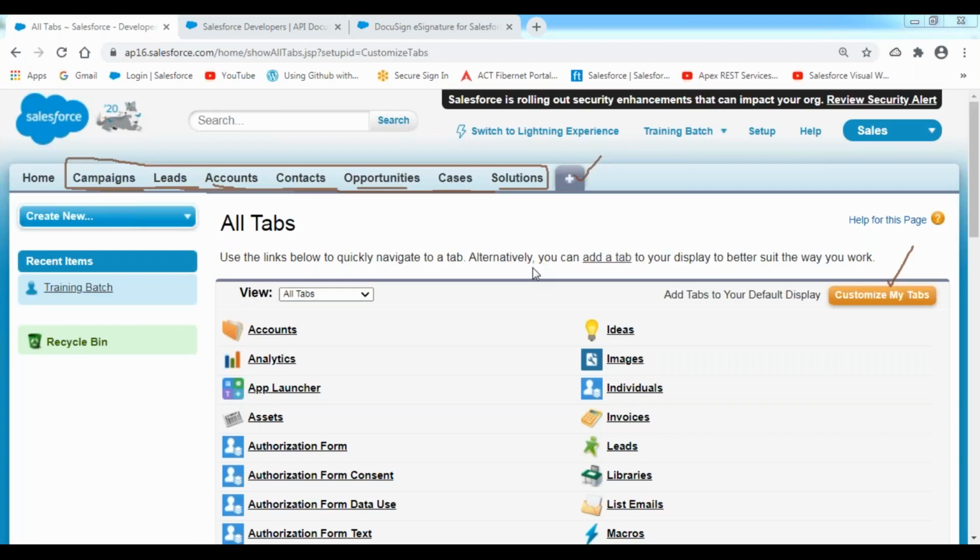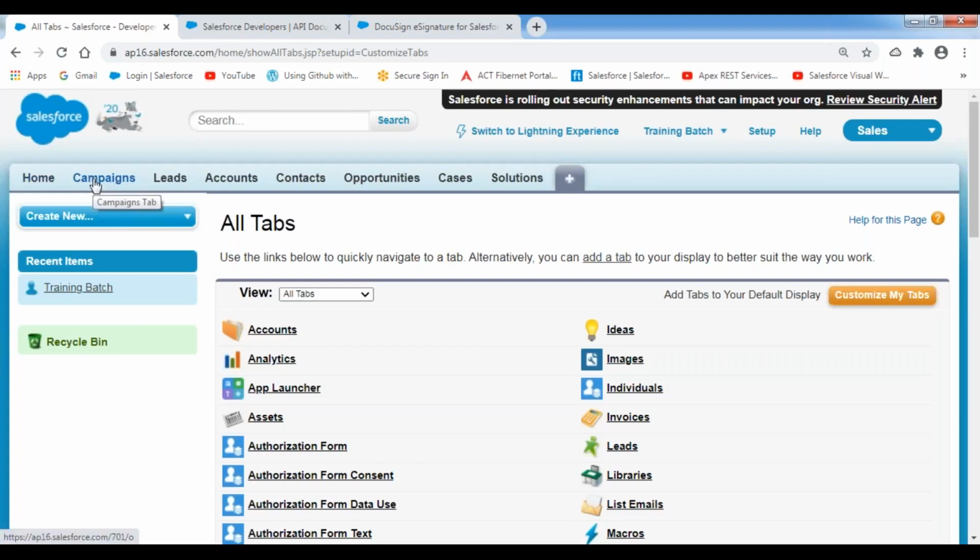Okay, this is the concept of customizing the tabs according to our business requirement. Now, the next one. These tabs are providing what? These are providing the various user interfaces. Each and every tab is providing the various user interfaces to manage the records. This campaigns tab is providing the user interfaces to insert, update, delete, view, and undelete that campaign related records. Now, this accounts tab is providing the user interfaces to insert, update, delete, view, and then undelete that